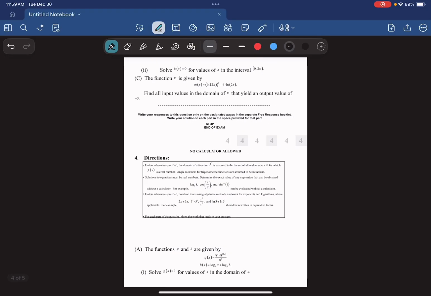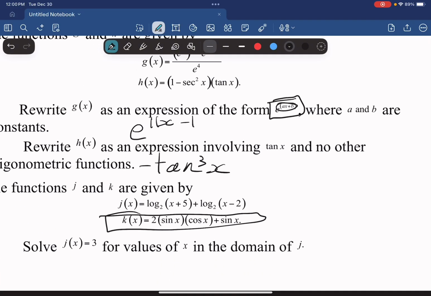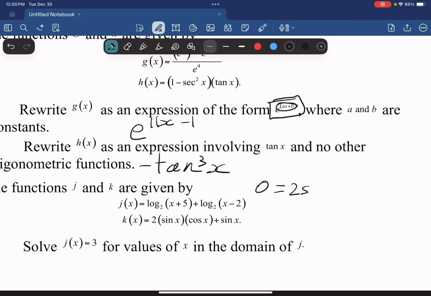So what do we want to find? Where it equals 0. Okay. So, redo this. So it's 0 equals 2 sine x cosine x plus sine of x. And I believed I did this one by doing